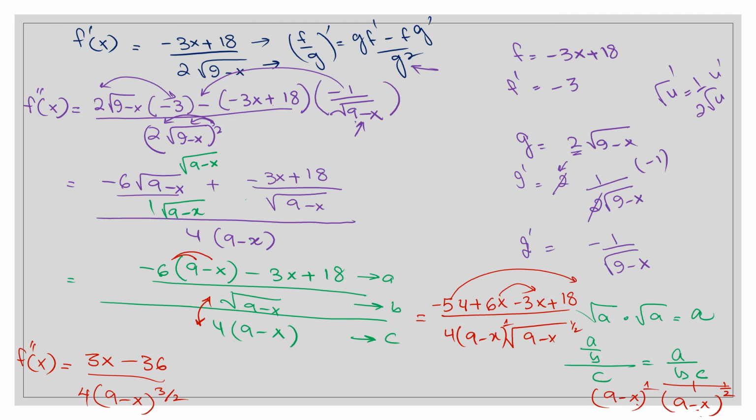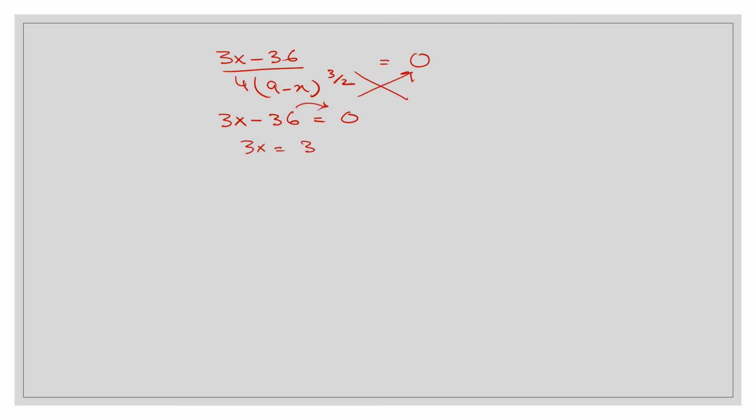Carry on. So we will have (3x minus 36) over 4(9 minus x) to the power 3 by 2 as the second derivative and make it equal to 0. If we cross multiply, the left hand side denominator will be multiplied by 0 and we will be left only with our numerator equals to 0. Solve. So 3x equals 36. Divide both sides by 3 and we will get x equals to